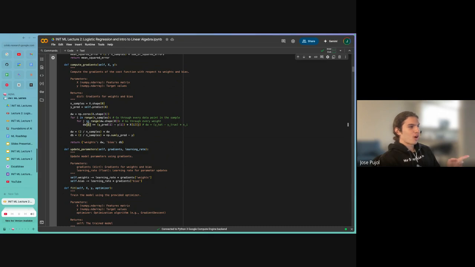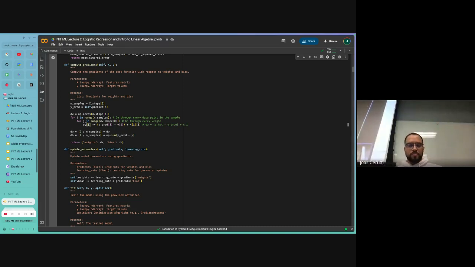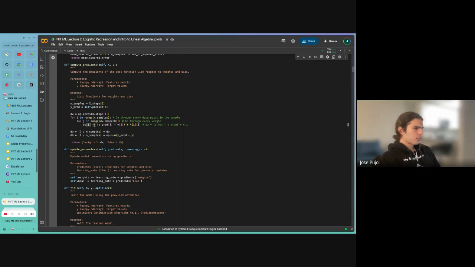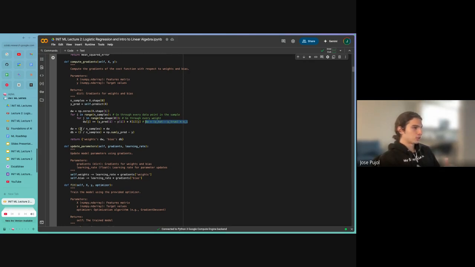W1 is going to be the first feature, w2 the second feature. What I have outlined here is that same thing that I just showed you, where we're taking the difference of our prediction and then multiplying it by the actual feature itself. If you're asking where this is coming from, I just showed it to you down there. This is just the mathematical derivation of the partial derivative, telling us our gradient of how we're going to adjust dw in order to optimize it.